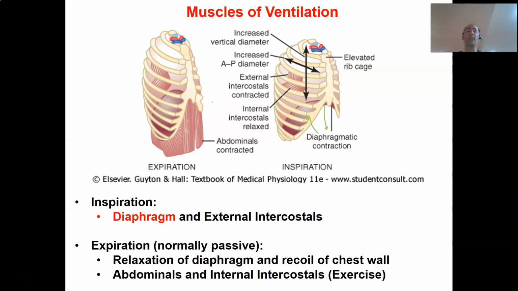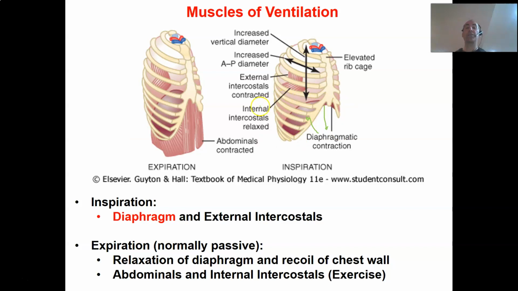So the bottom line is the major muscle that drives breathing under eupneic, under quiet breathing, most of the time when you're walking around, is the diaphragm muscle. The other muscles are there as ancillary, accessory muscles in times of greater need. So for inspiration, you've got the diaphragm and the external intercostals. Both of these muscles are going to cause